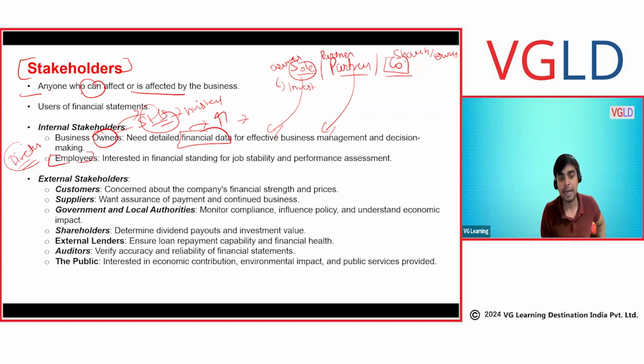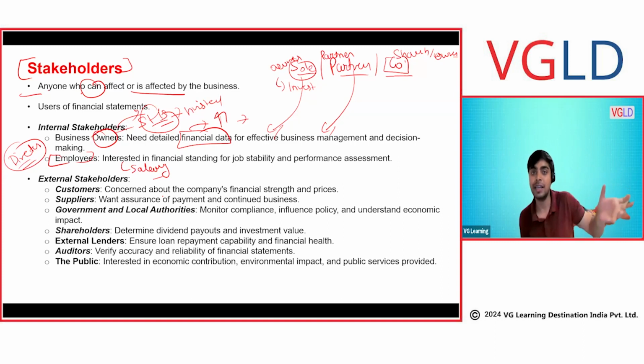Employee, let's say a director. Directors are people who receive salary. So if company performance increases, their salary will increase. If company performance reduces or the company becomes bankrupt, they will lose their job, they will receive a lower salary. So employees have a direct interest, whether a director or a normal employee. If I am an employee of my company, if my company goes bankrupt, touch wood, it doesn't happen, but hypothetically if it happens, then my salary will be lost, my job will be lost. So as an employee, I'm directly interested, right?